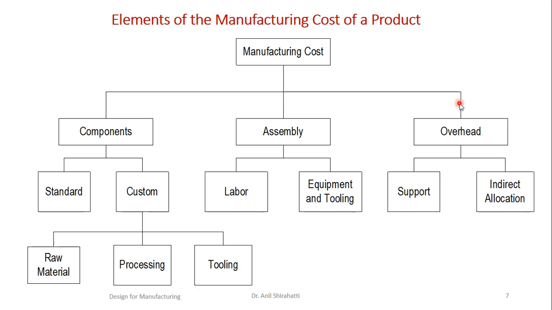Next is the overhead. Overhead cost consists of two parts: one is the supporting staff and the other is the indirect allocation. What it means is the supervision part should be as low as possible. Suppose I have 20 machines and 20 workers are working on them. If the part design is so simple that a single supervisor can handle all 20 people, that is good. But if the part is more complicated, for every operation the supervisor has to go to each machine. At the end of the day I may have to appoint 2 or 3 supervisors if I need more production. That's why the design should see to it that the overhead cost gets reduced.